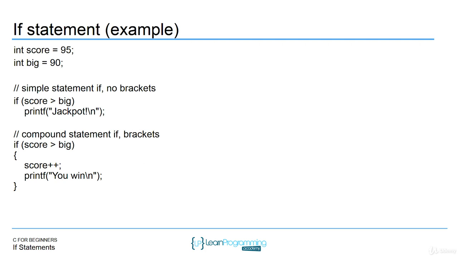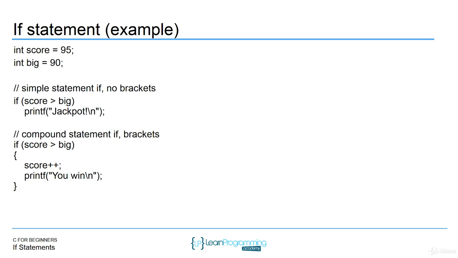Here's an example of a common if statement in the C programming language. In this case, we're declaring two variables, one named score and one named big. Score is 95, big is 90. Here we have an if statement, just a simple statement in the body, and it has no brackets. Basically we're saying if score is greater than big, score is 95, so if 95 is greater than 90, it's a Boolean expression. It's going to evaluate to true in this case,